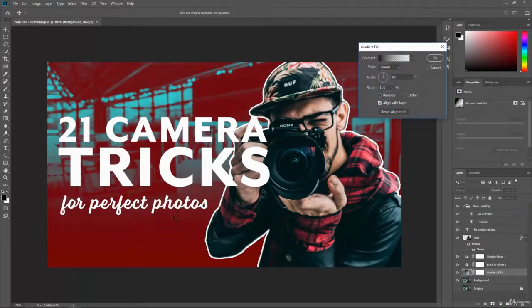That creates a gradient for us, and it's already starting out looking pretty good. However, one issue that we're having is the gradient map and the black and white adjustment layers are affecting everything beneath it, and this isn't where we want to have this gradient fill because it's getting that red color from the gradient map. Let's just go ahead and hit OK for now